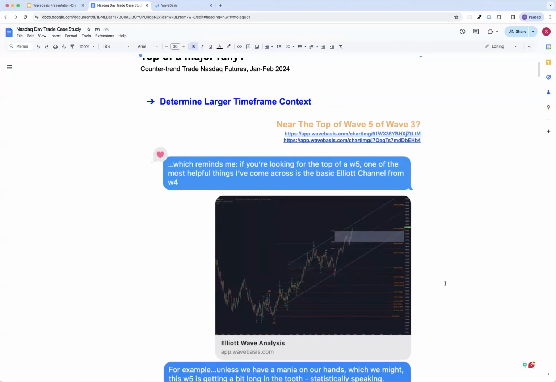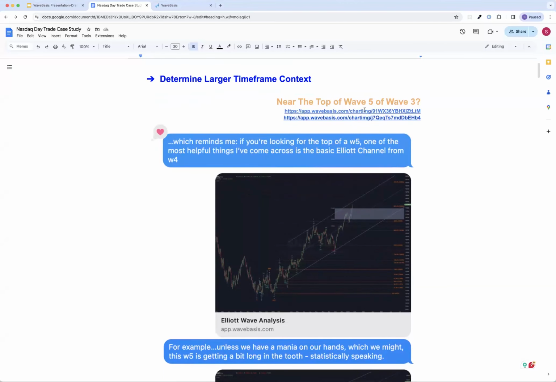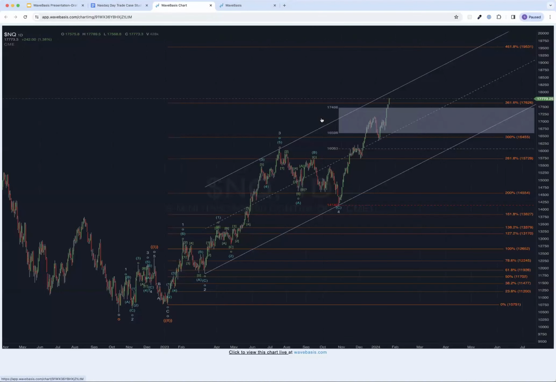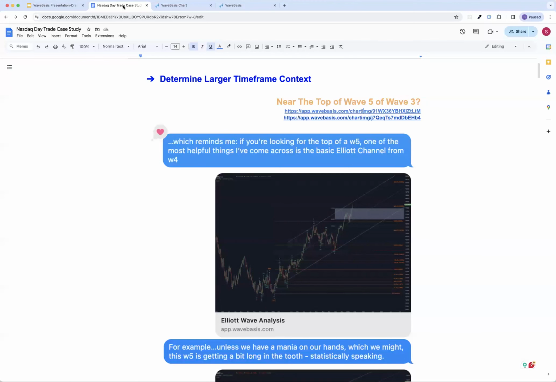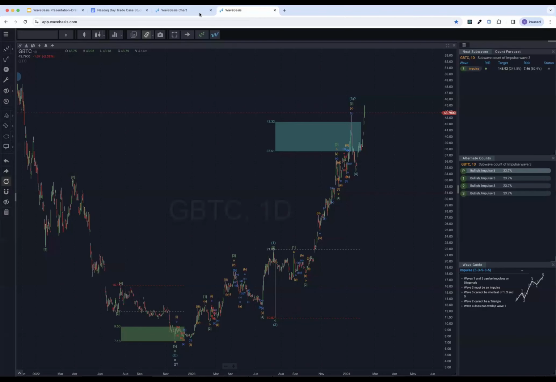So let's look at the first chart here, and we'll come back to this longer term chart toward the end of this. So this is a chart. I ran this wave count in WaveBasis just to get a quick sense of where we were. I've never presented this before, so excuse me if I'm a little bit awkward flipping between the charts and the conversation here. I told him to look at where we are in terms of the Elliott Wave channel. I can't quite get to my tabs. One second. There.